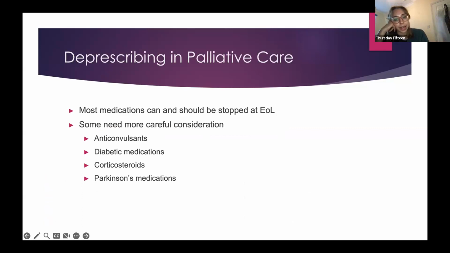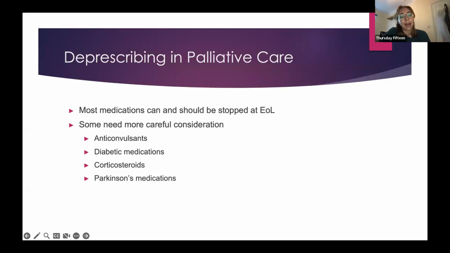So de-prescribing in palliative care, most meds can and should be stopped at the end of life. So drugs that are preventative, so things like a statin, bone protection, anti-anginals, antiplatelets, lots of anticoagulants, VTE prophylaxis, antidepressants, anticholinergics, like those used for incontinence, drugs for BPH, eye drops. We can just simply stop most of those because lots of them are for future health harm prevention. So if we stop them at the end of life, it's not like we're increasing his risk of an MI by 50% if we stop his statin today, because he's in his last days of life. It's unlikely that it's offering him benefit anymore.